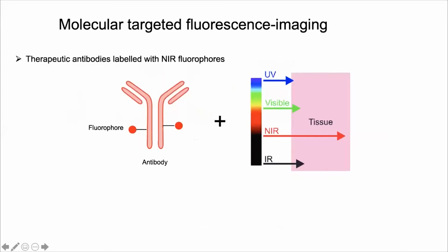To overcome the limitations of fluorescence-guided surgeries and enhance the selectivity, therapeutic antibodies, especially the ones labeled with a fluorophore that emits in the near-infrared region of the light spectrum, are favored by the surgeons as they are considered to be tumor selective and have the advantage of better depth penetration within the tissue. However, the interstitial presence of unbound and non-specifically accumulated probe because of the enhanced permeability and retention effect, which is a well-known phenomenon for cancers, gives rise to a false positive detection of the tumor tissue